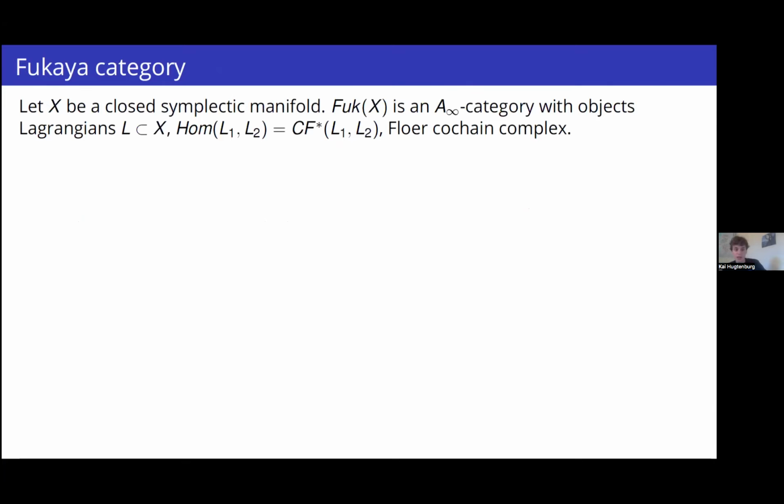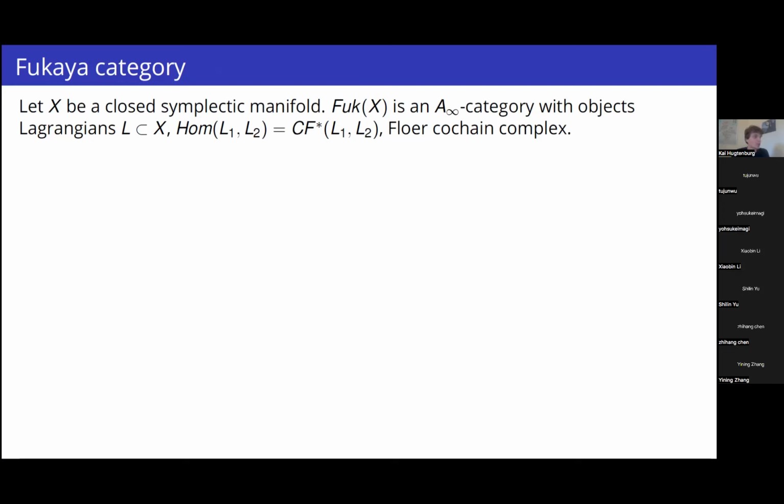Okay, the next bit of structure I need to tell you about is the Fukaya category. So now I've told you how to associate a TEP structure to the negative cyclic homology of an A-infinity category, and we're going to apply this to the Fukaya category. First, I'll give a tiny bit of background on the Fukaya category. If you know all of this, I'm sorry. In general, the Fukaya category of X is an A-infinity category, and the objects are Lagrangians in X, and the hom space between two Lagrangians is given by the Floer cochain complex.